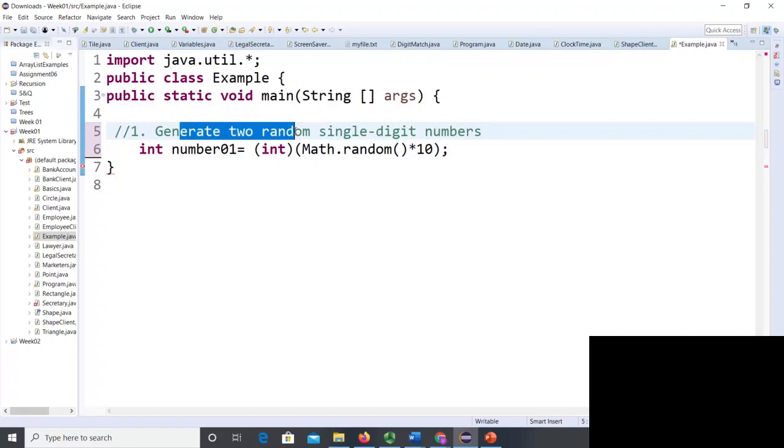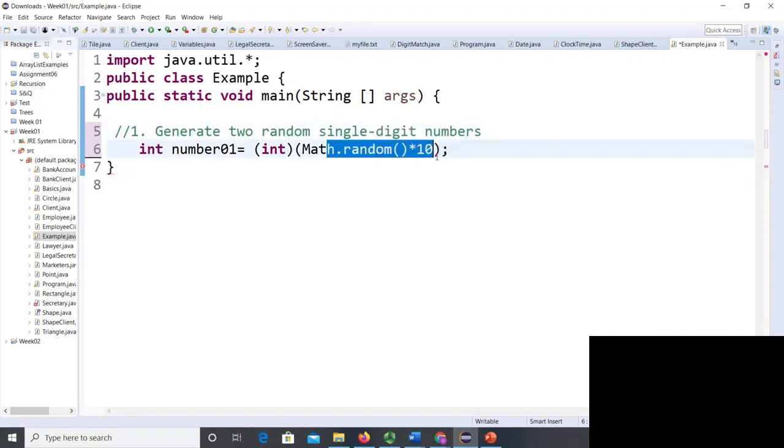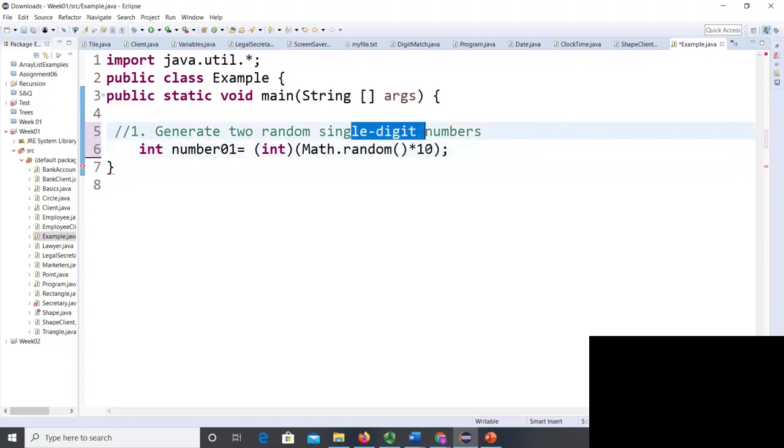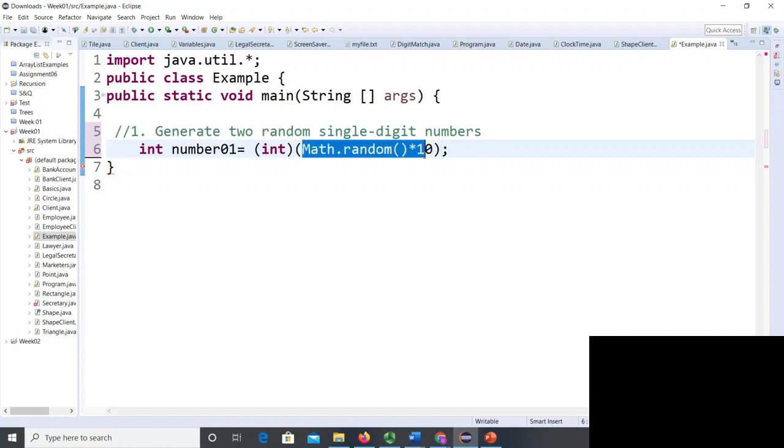As you can see, we generate two random single digits. That's why we have times 10, where 10 is exclusive. It will not count 10, it will go from 0 to 9, giving random single digit integers. If you want to eliminate this single digit restriction, you can just set your value to 100, 1000, whatever limit you want. Math.random will give you decimal numbers, but we want only integers, so that's why we have written int. Int is a short form of integer, and you just put int in parentheses before your statement.